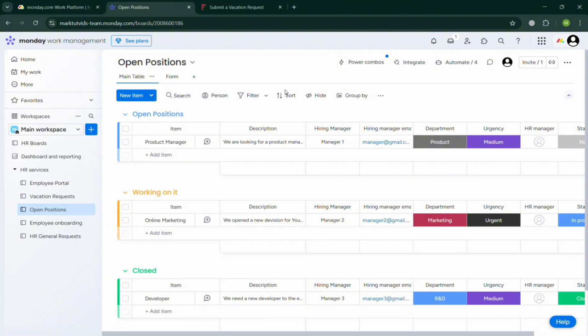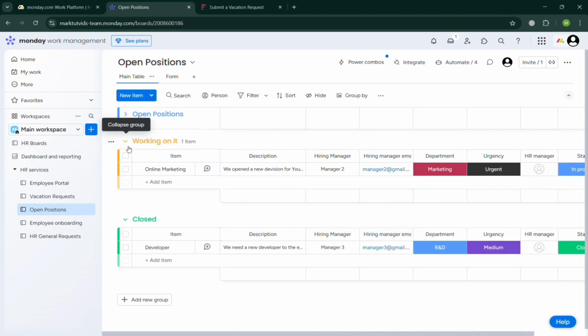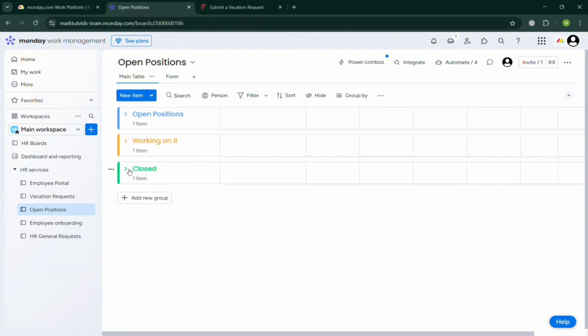You could also search for a specific person, filter it, sort it, and many more, in which this template helps HR teams to manage key details such as job titles, departments, hiring managers, application statuses, and posting dates. By offering a clear overview of open roles and their progress through the hiring pipeline, the template supports better